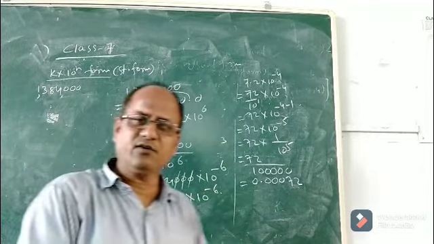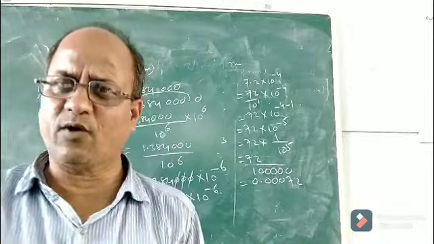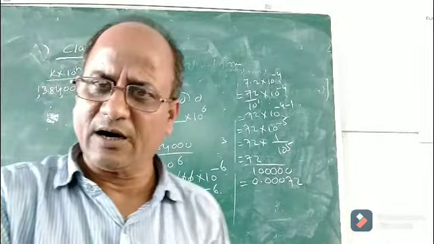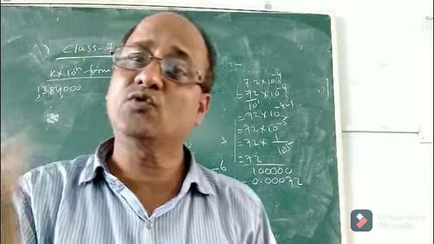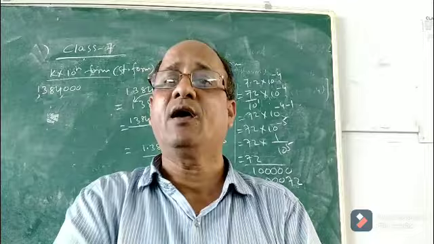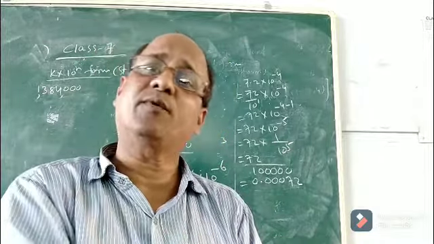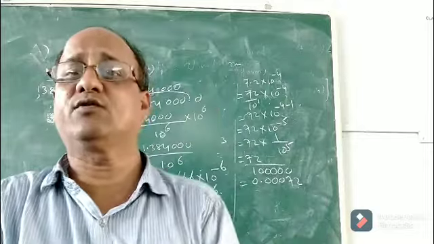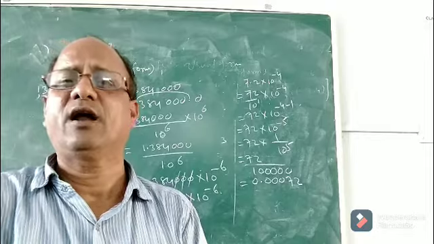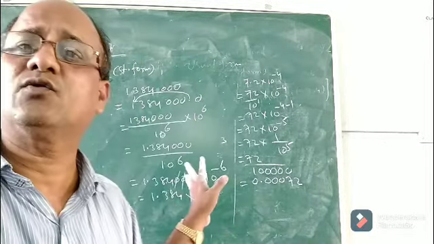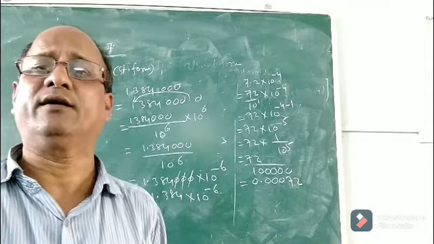Okay, children, I discussed so many things. How to express a large number in exponential form, I mean in the standard form or scientific notation or k into 10 to the power n form, what is usual form, what is the difference between them, how to convert usual form into standard form and standard form into usual form. Everything I discussed in detail, giving several examples. And I hope you must have understood, you must have got a clear concept so that you will be able to apply it while doing problems.